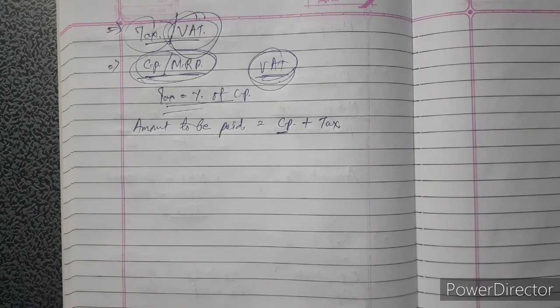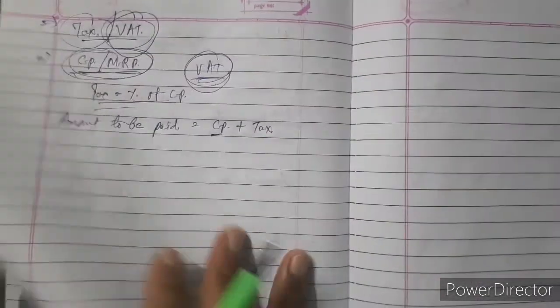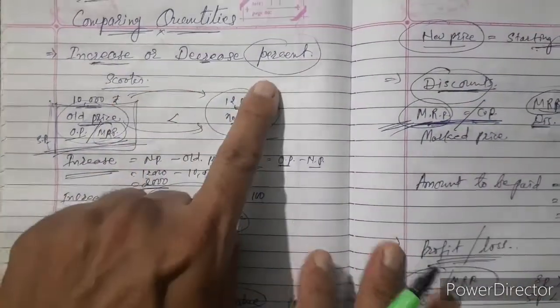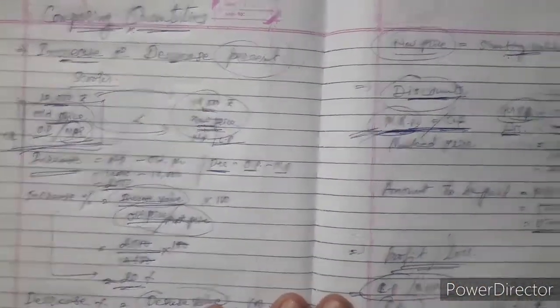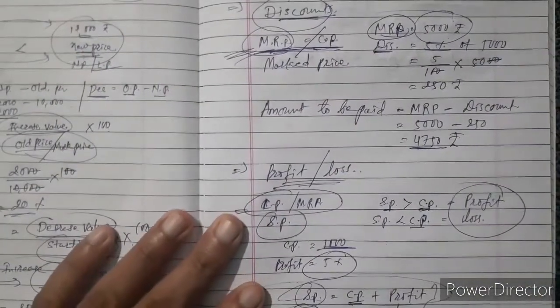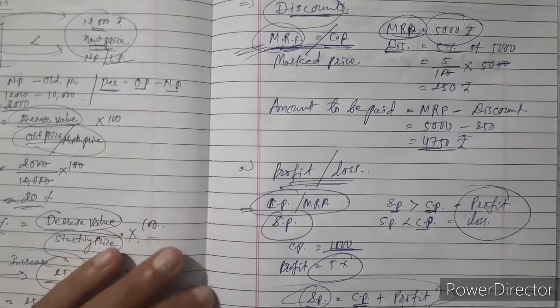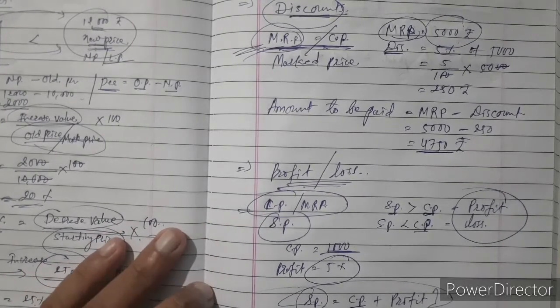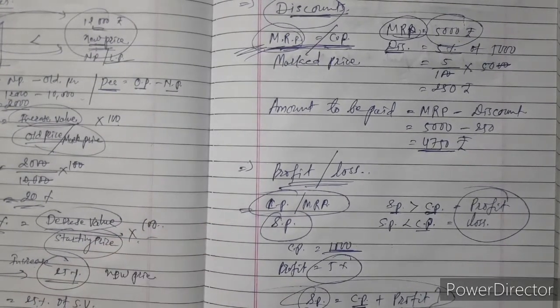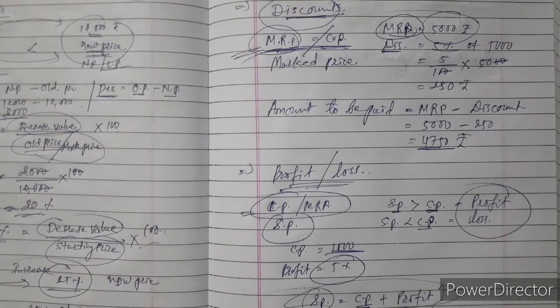So you just one more time calculate, meaning refer to the increasing and decreasing percentage, the discount percentage, and profit and loss percentage one more time from your textbook. It's already given with examples in your textbook. Next time we solve exercise 8.2.